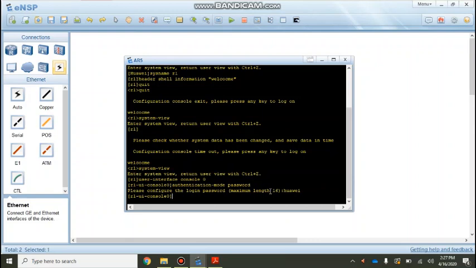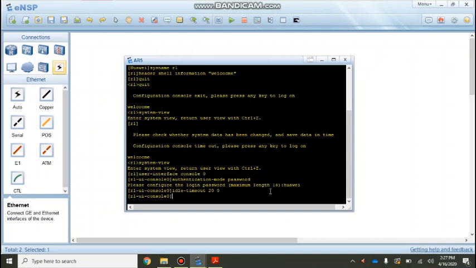No, sorry, will not quit. Another thing we have to do here is set the idle timeout, that is, how much time if the device is idle before it will switch off. So I will define idle time. Its command is idle-timeout, and I will say for example 20 here. Default time is 10 minutes, so I defined it as 20 now.